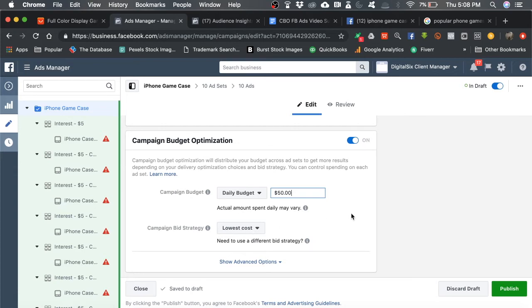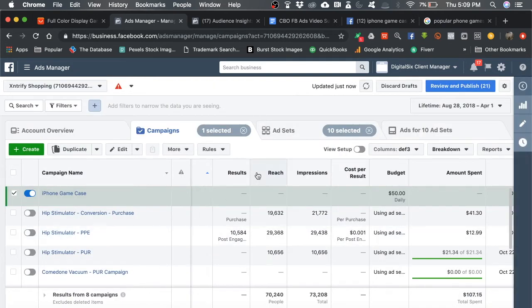Lowest cost is going to be the same because that's how we test. And we're going to hit close, right? And I'm going to show you guys the difference. Like I said, as you can see, even here, the budget is $50, and if we go to the ad set level,